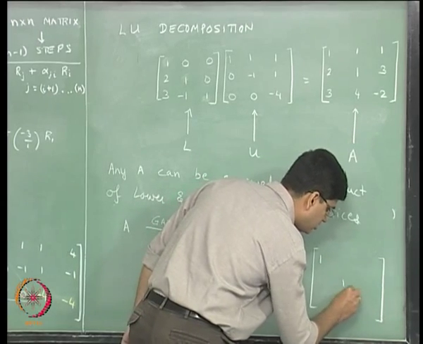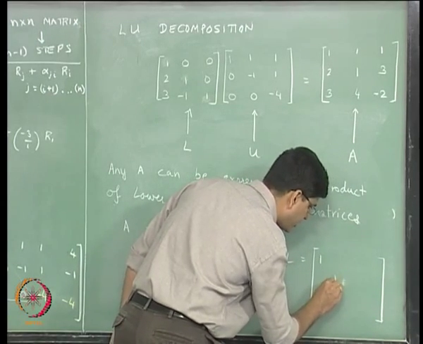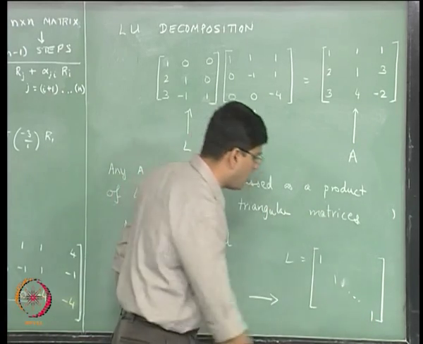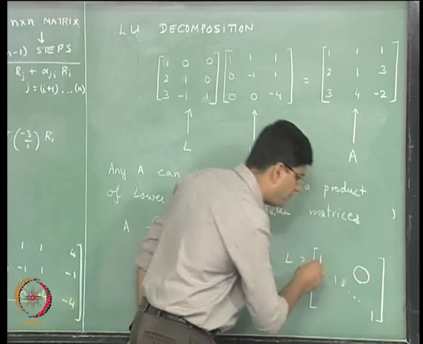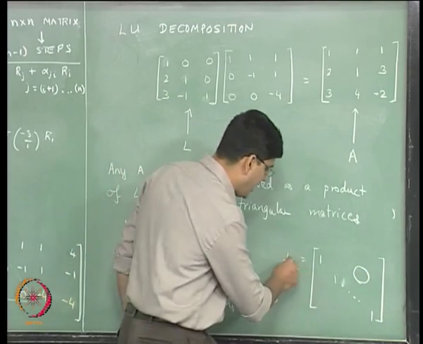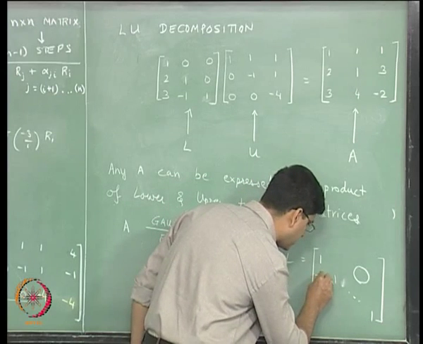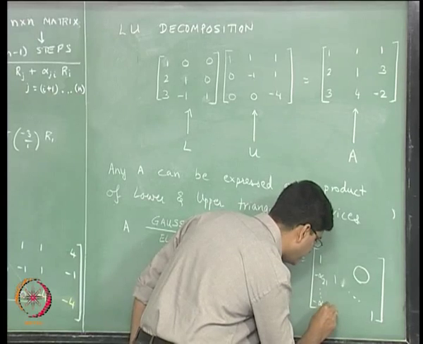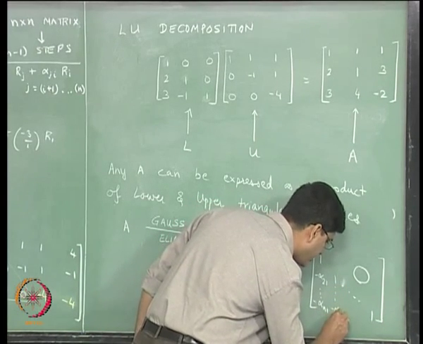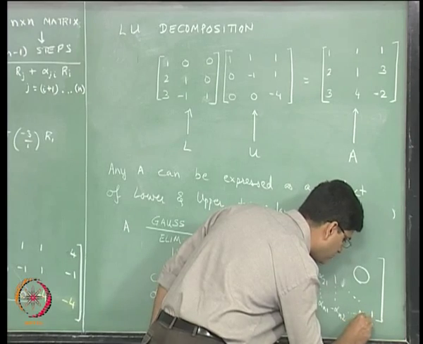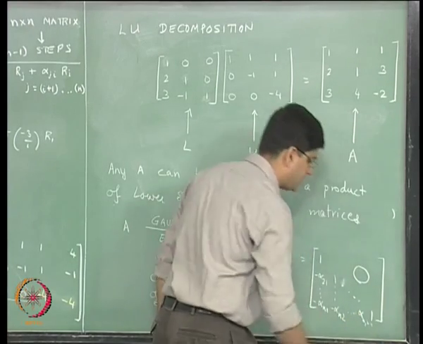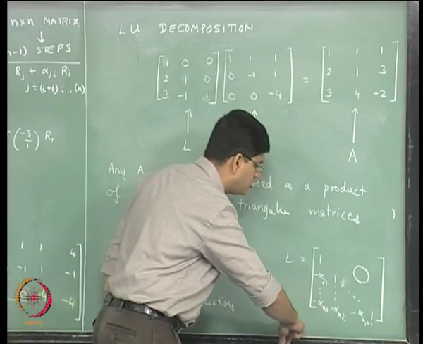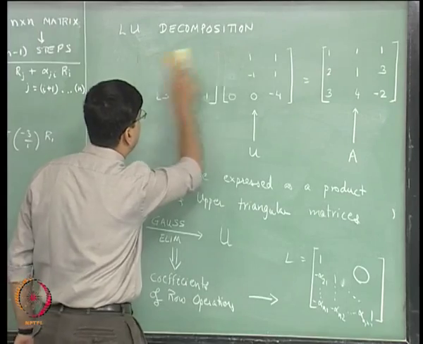And that lower triangular matrix L is just 1 1 1, or in general for an n dimensional case the diagonal elements are all 1, the upper triangular elements are 0, and the non diagonal elements are minus alpha 2 1 and so on up to minus alpha n 1, minus alpha n 2, and so on up to minus alpha n comma n minus 1. Okay. This is what our lower triangular matrix is going to be. I will rewrite this lower triangular matrix over here in a more general form.